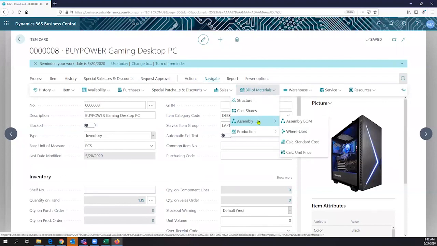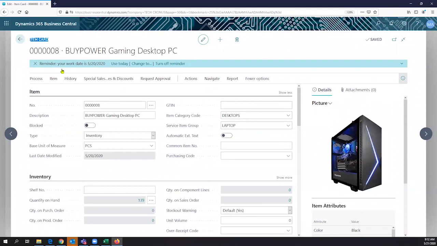So when I check this, it has an assembly BOM. Here is the item card. The item card currently has different information, of course, related to this item that I will be designing at this point. The Buy Power Gaming Desktop PC is a stock type inventory item, which means that I count it and I purchase it, transfer it, so it's a physical item, right? But